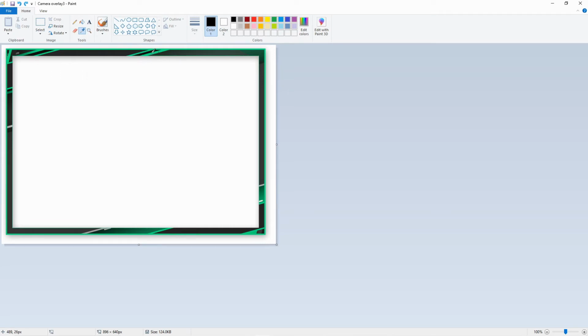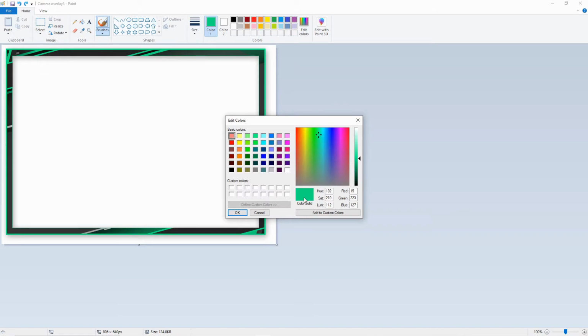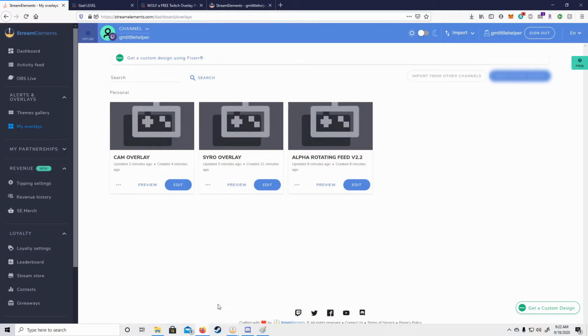Yeah, color picker. Green, right? Now if I go edit colors, it's got this color. It's got my hue, my saturation. We've got the red, green, blue, all of these kinds of things here. Red, green, blue are the numbers we're looking for. So if we go back to our Spyro overlay,